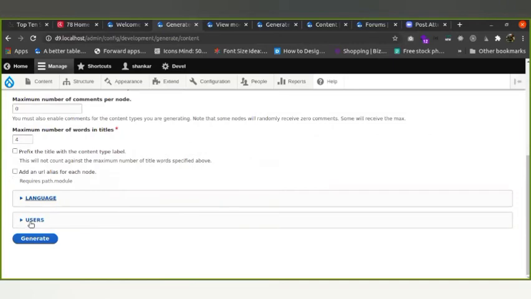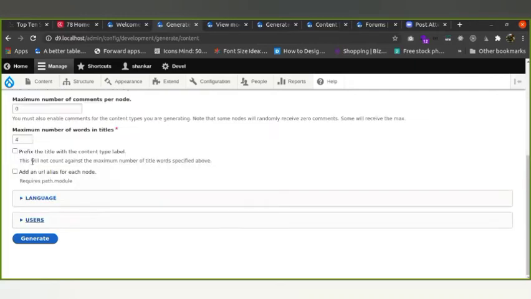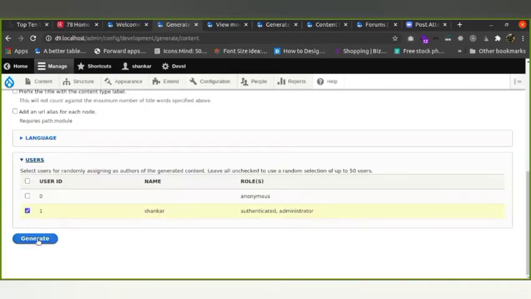Multi-language, multi-site concepts and all we can see in the advanced topics. I also talked about language and users. You can create users also. Since I have only one user, this Shankar, all the dummy users at author level will be saved as Shankar. I will just click on generate.